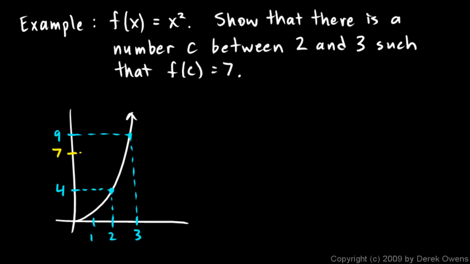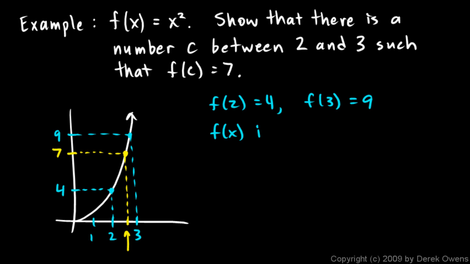So the intermediate value theorem says there must be a point on the curve here and some x value down here such that f of x, or we typically call it c, some x value c such that f of c is equal to 7. So if you wanted to show this, you would write for your answer, you would say this. You would say f of 2 is equal to 4 and f of 3 is equal to 9, and